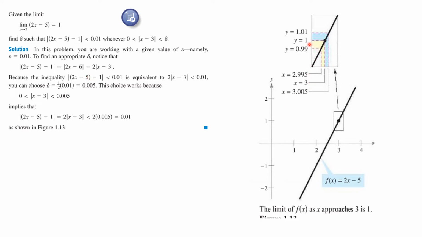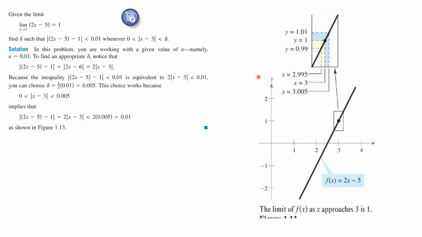If you look at the picture, y equals 1 is our limit value. This is the graph of f of x, and so we go up from 1 plus epsilon and 1 minus epsilon that we have in this problem, and we go over and drop the perpendiculars to find out what these function values are. We find that they're x equal this number or x equal this number around 3. And the difference, if you go this way or this way, is always